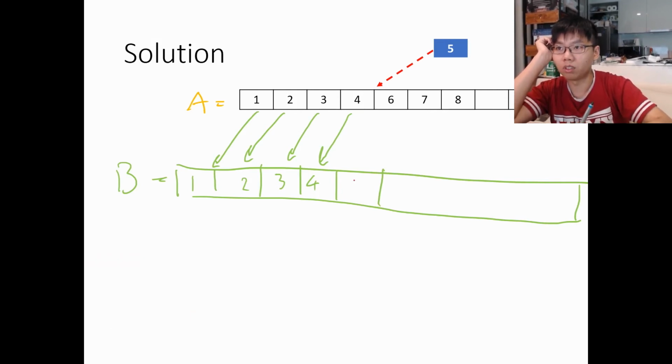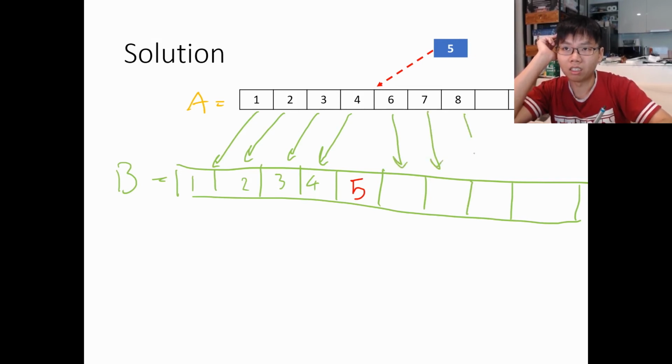Then you insert this one in, then you keep copying the data in the other indexes